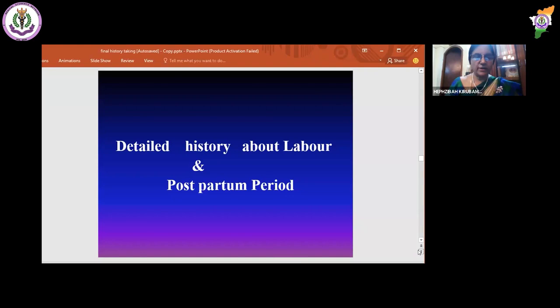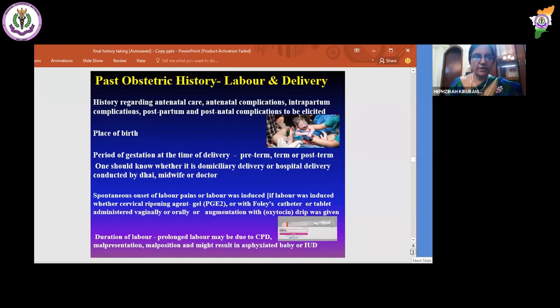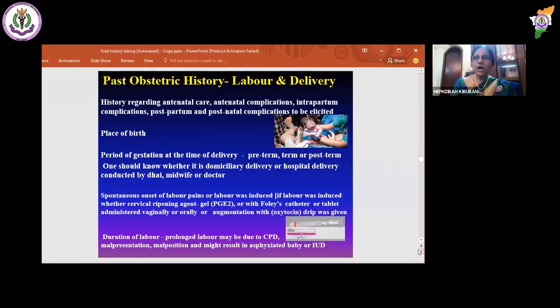So any history you should take in depth, the normal delivery. You cannot take it very lightly, whether it has happened at term or preterm or she has crossed the date. It can be a normal vaginal delivery, preterm, term or post-term. So any events during the intrapartum, any complications she had, and whether it is induced, how it was induced, like